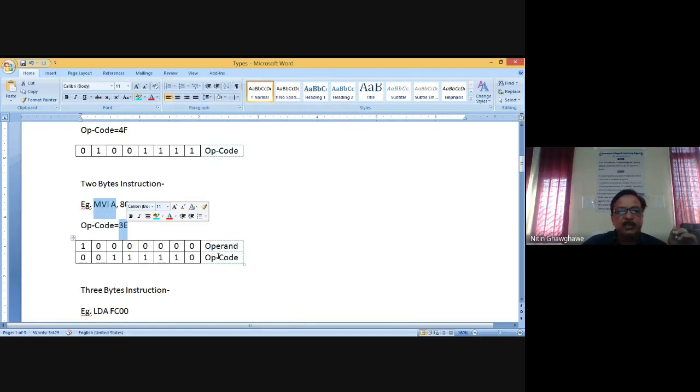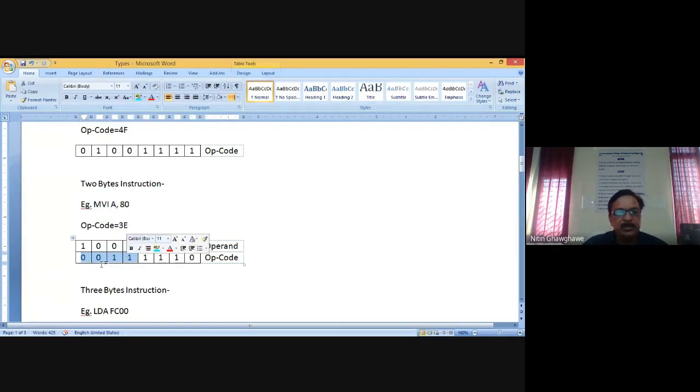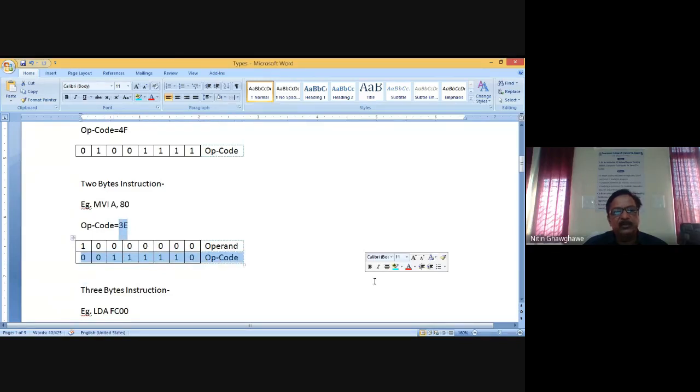So the instruction will be stored like this: 3E. You can have here 0011 for 3, right? And E is 1110, which is the opcode. Okay, 0011 1110 is the complete opcode, which will be 3E. In this way, the opcode will be stored, but simply storing the opcode is not sufficient,